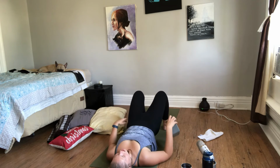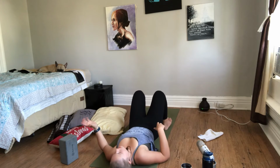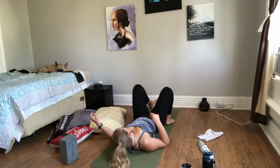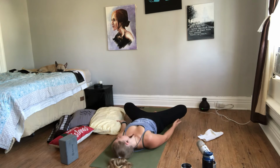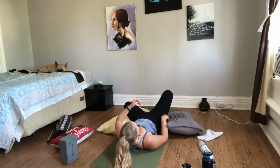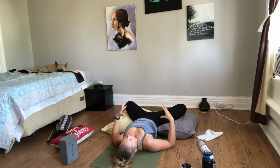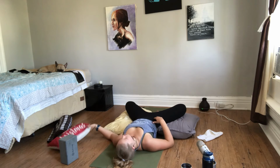Gently release your block. Release your back down to the earth. Now, make your way to supported butterfly on your back. So, feet together, knees go wide. What we want, though, is the support on these legs. So, if you're like me and you don't touch the earth, either put a couple blocks under your legs or your pillows and allow them to be supported so the deep muscle or fascia can just release. If you'd like an additional one under your head,